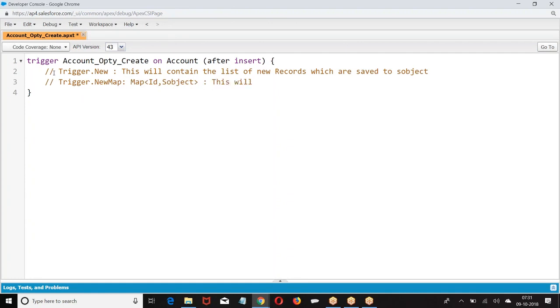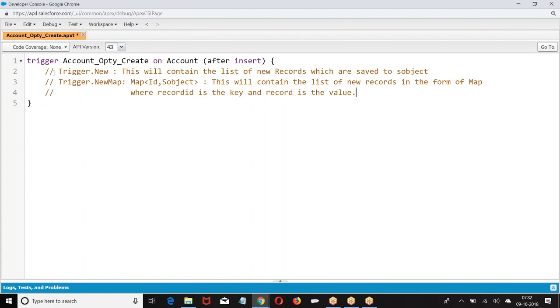This will contain the list of new records in the form of a map, where the record ID is the key and the record is the value.